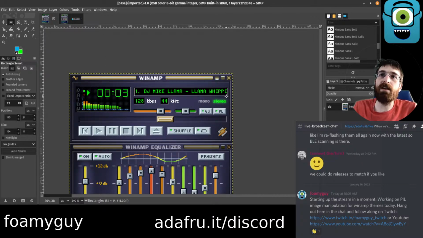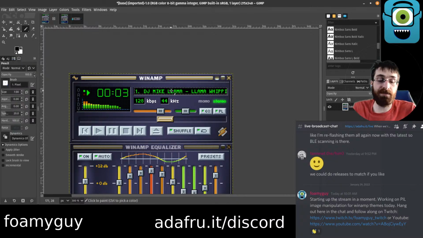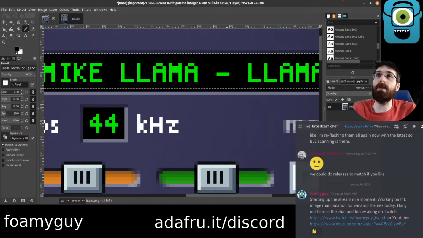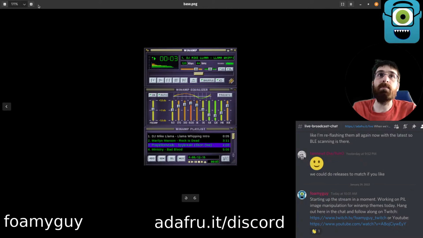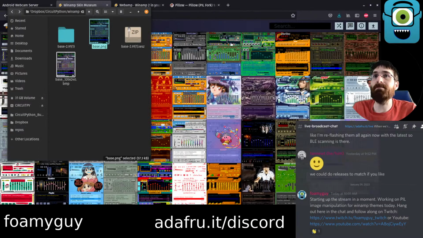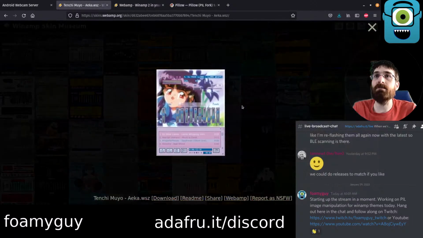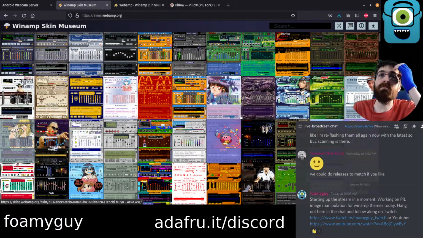So I think we want to cut out the text that's in here, just get rid of it, turn it into black basically, fill it with black, or really not just fill it with black, but fill it with whatever the background color is. So it happens to be black behind it in this theme, but on some other themes it might be different, right? Like this one, it's blue and white text. So we want to cut out the text, but we want to make the background the same. So that's one challenge, is going to be figuring out the background